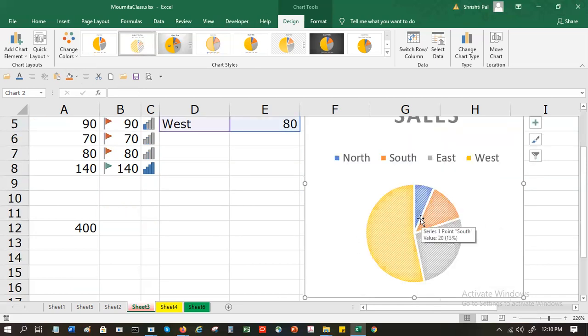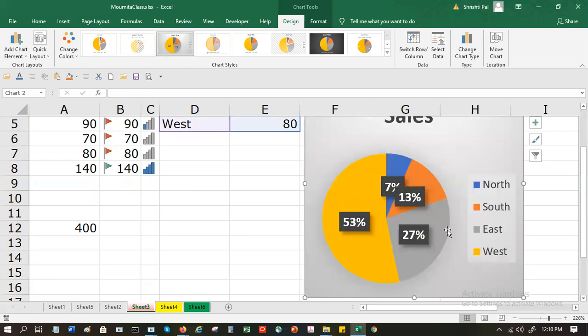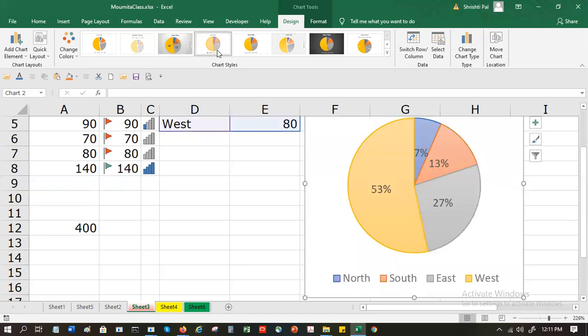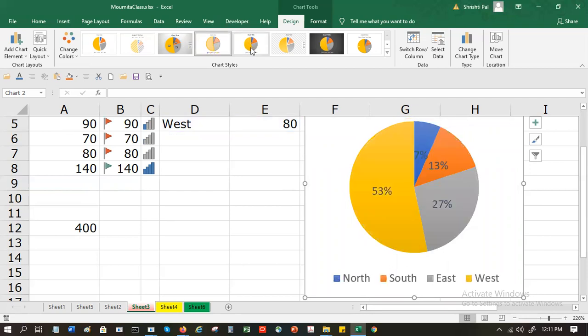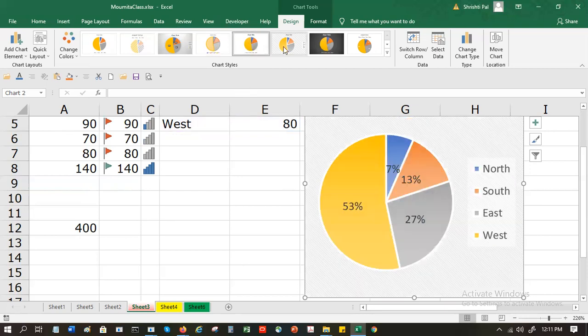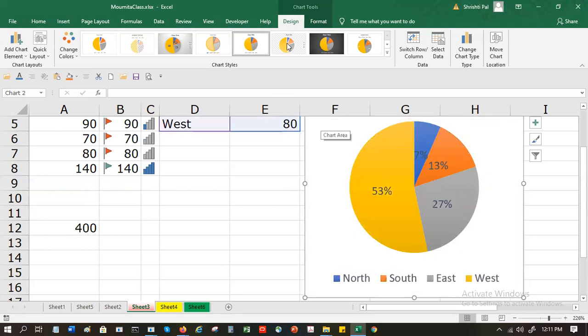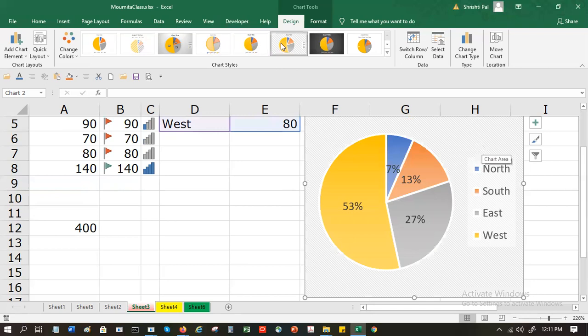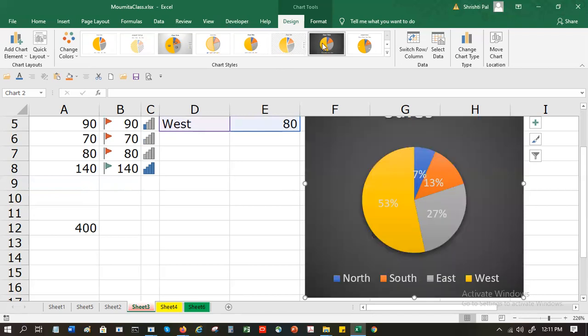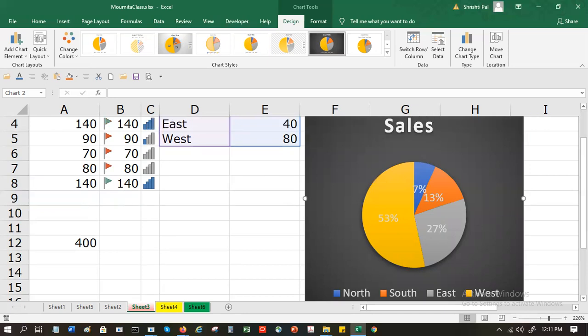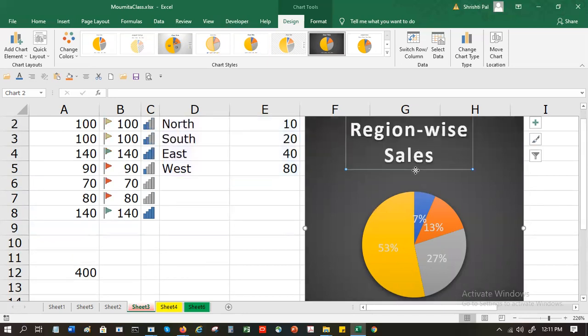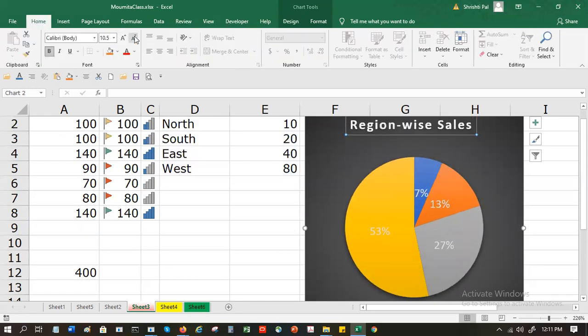In some charts you will find the numbers are put on top of the chart itself, percentage. So the system can do this on its own, provided you highlight the correct style that you want. See at the background, they have a striped background. If you want a deep shade, you can get a deep shade. I can choose any of the designs I want. And this is the font size. So if you want to reduce the font size, you go here and reduce it.